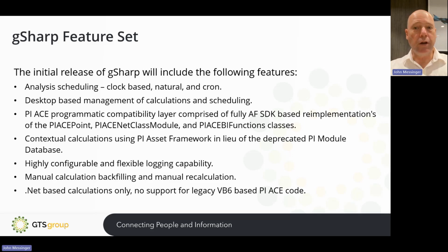It actually is really going to be up to you. The key thing is there's no support in gSharp for module database, nor the PySDK, both of which have been deprecated by Aviva.